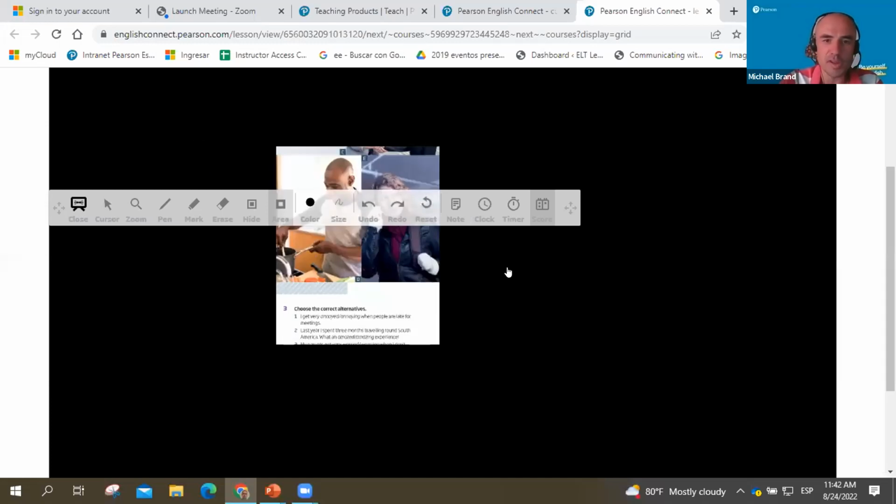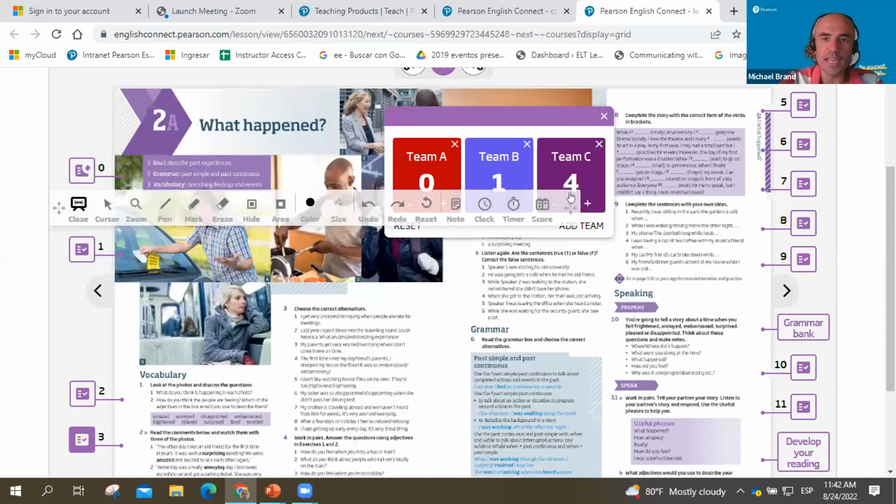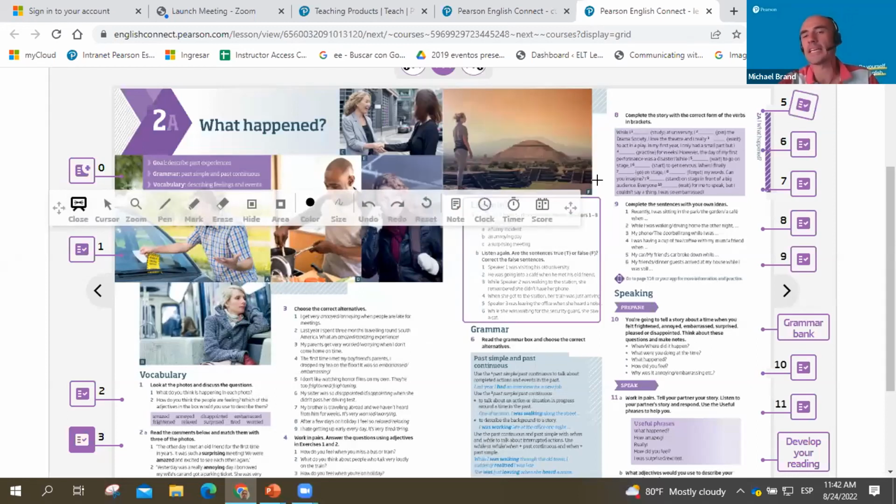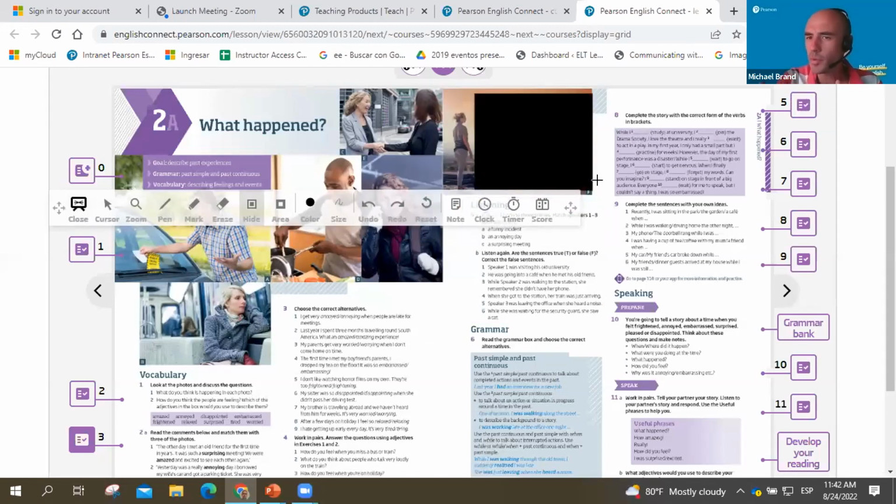You can also, let's just reset that, use the hide tool. For example, I might hide part of a picture and come into class and say to the students, well, what do you think? This woman is staring at something. What could she be staring at? And trying to get some language and some ideas from the students. You can also, of course, hide words and say, well, what word do you think is hidden? So you can make your own activities. Okay.